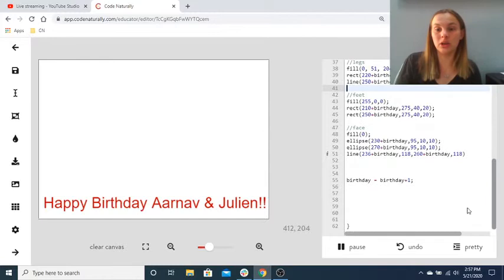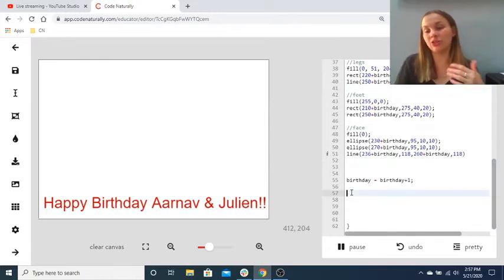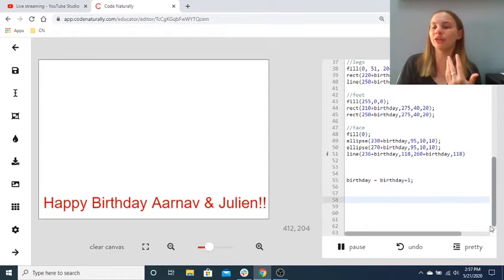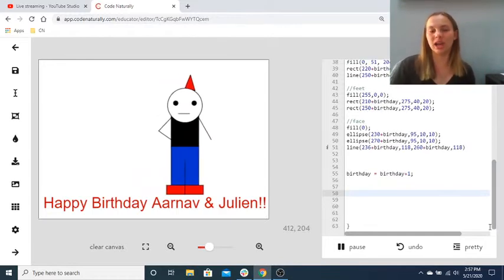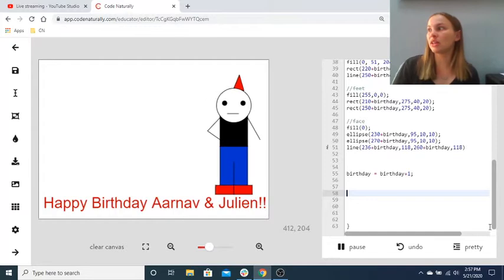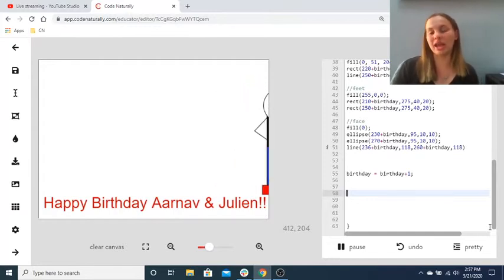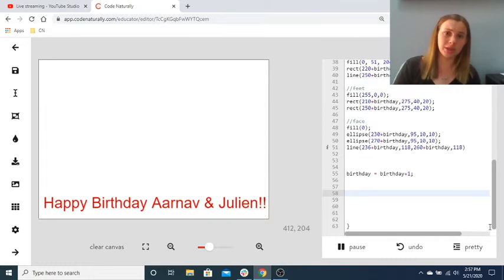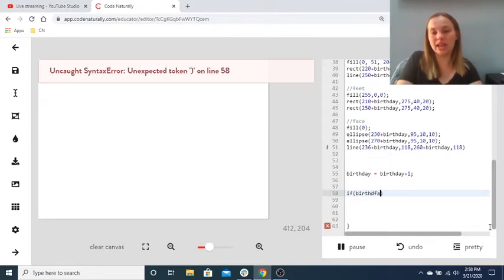And then the last thing that you'll want to do is make a little conditional statement. We've gone over all of this before, but I'm just going over it one more time. Our character will run off the screen and disappear, which is not ideal. So to make our character come back, we're going to make a conditional statement. A conditional statement is something that says, if something happens, then something else will happen. So I'm going to say, if, in parentheses, birthday, which is the X location of our character,